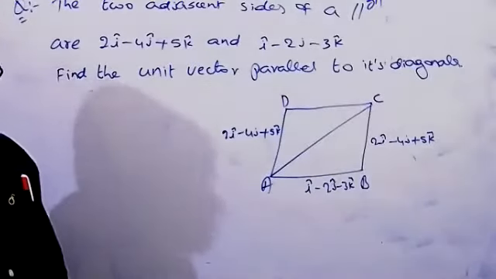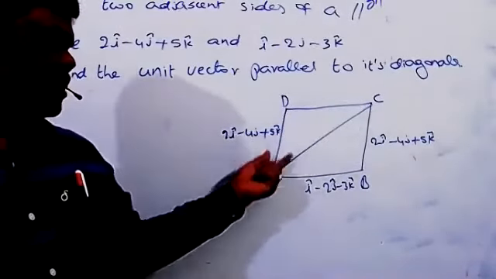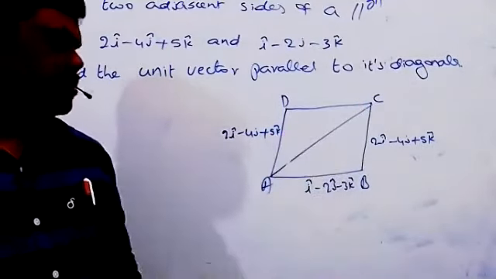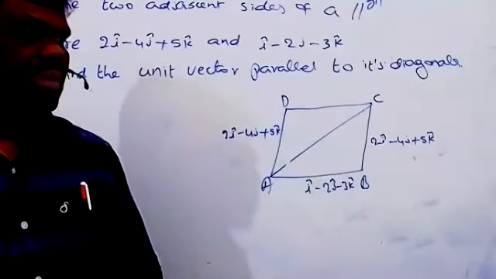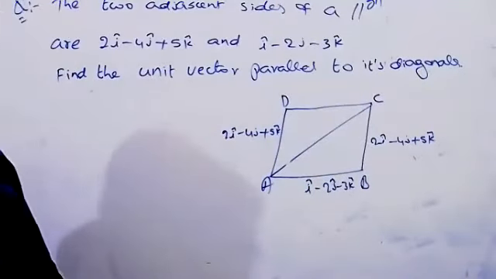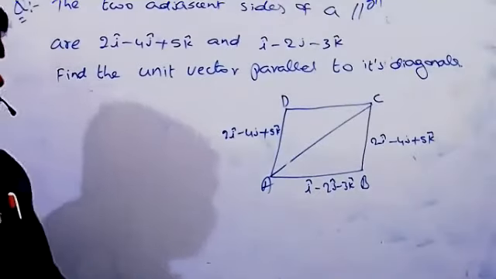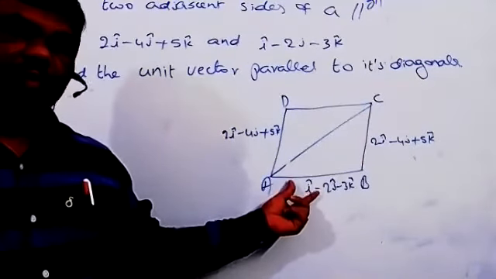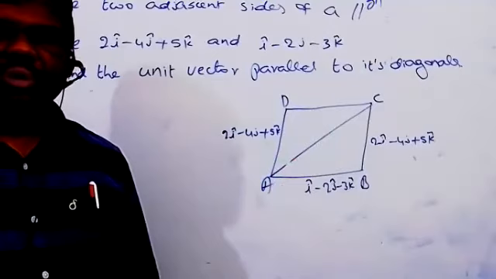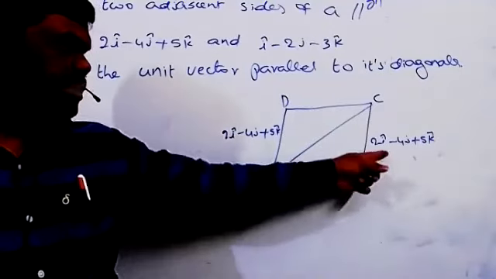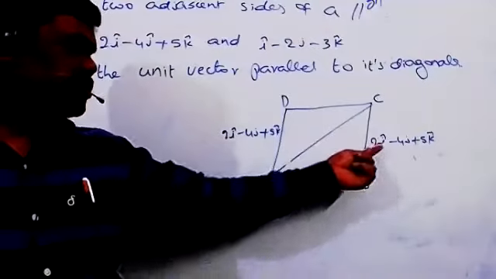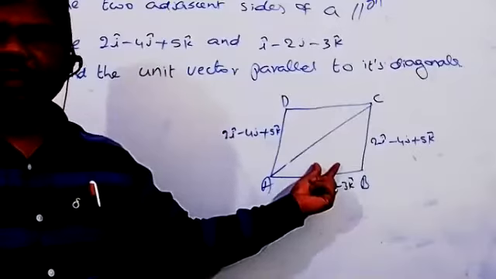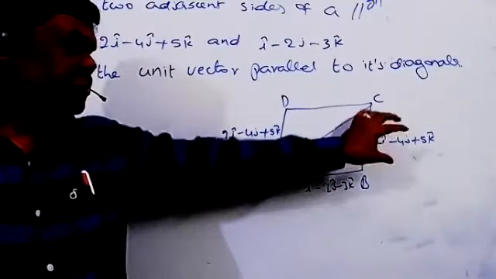Now generally, in a parallelogram when you draw the diagonal, you divide it into two equal triangles. The two areas must be equal. But we know the property of a triangle: the sum of two sides is always greater than or equal to the third side. So here also, the sum of these two vectors is equal to the vector in the direction of AC. The direction of AC is equal to the direction of AB plus direction of BC.